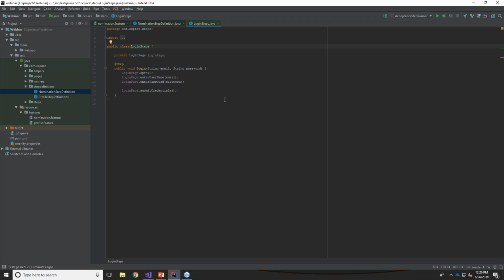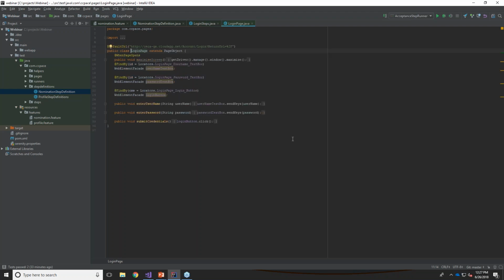The page object model design pattern really says that for every page of your application, have a corresponding Java class with all the elements listed as members of that Java class, and define methods that perform the action on those elements.